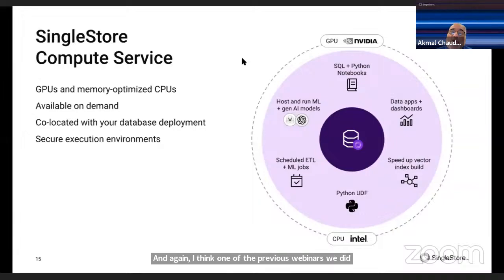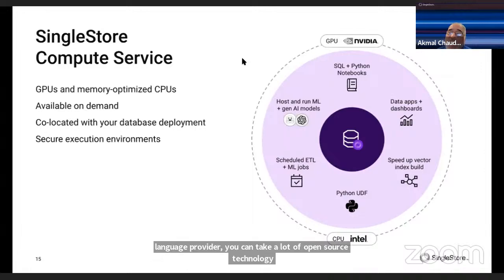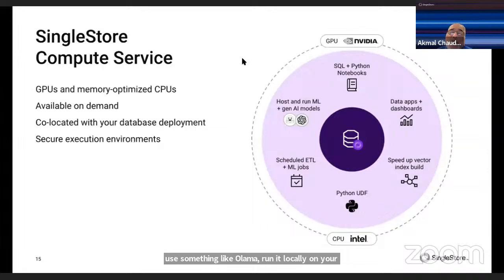So you do not need to use a commercial large language model provider. You can take a lot of open source technology, use something like Ollama, and run it locally on your laptop or within your environment, wherever that may be. And that enables you to do that processing locally without having to send things outside your environment. It's very useful. So again, that's something that SingleStore is working on.